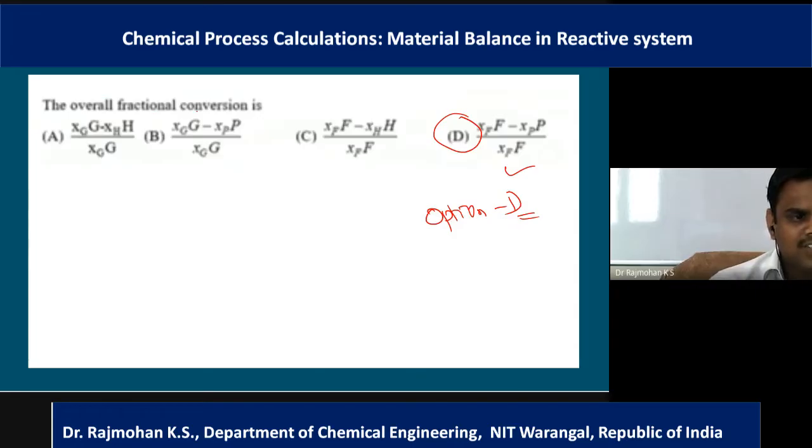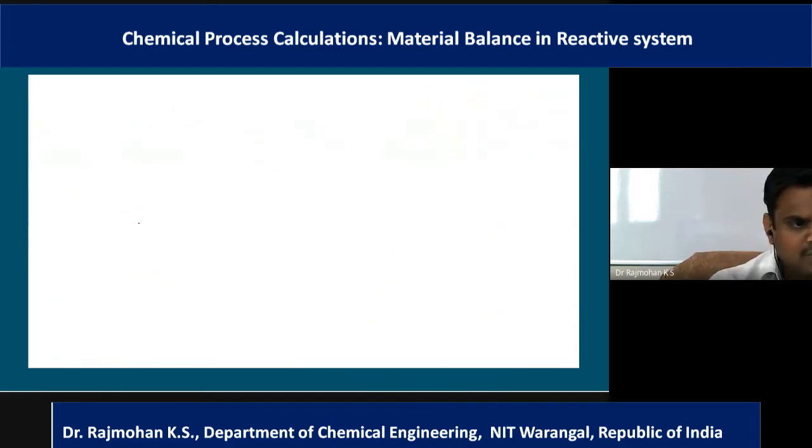Instead of directly asking what is the overall fraction conversion, they have defined all the individual terms. So what is the additional question here? What is the single pass conversion? For single pass conversion, we bother only about what is happening in and out of the reactor. The inlet to the reactor stream is given as G, and the mole fraction reaction M is giving N in the presence of catalyst A. This is the composition given, and it is given that H into XH. So can we write what is single pass conversion?